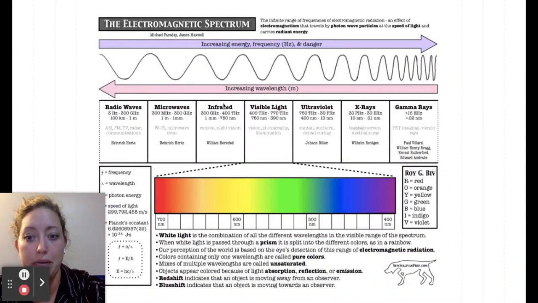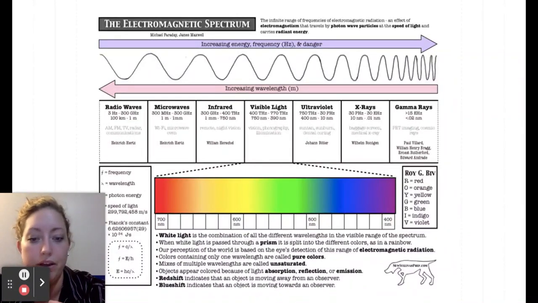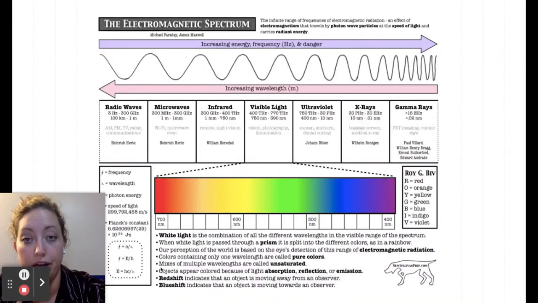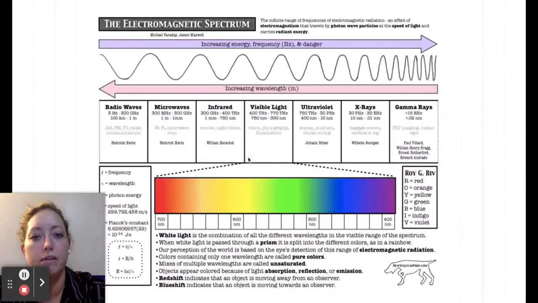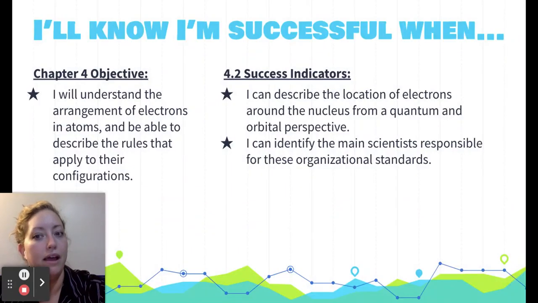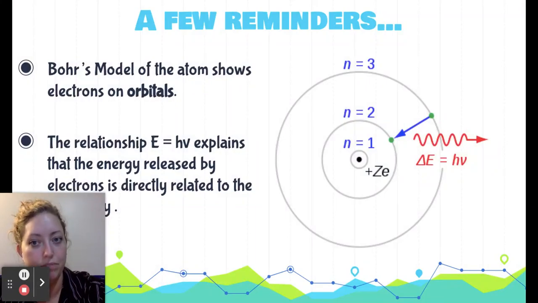This is your electromagnetic spectrum. There's a video under the resources and extensions tab. I think you guys are fairly familiar with this, but there's actually a pretty good resource on this if you wanted to screenshot it and keep it in a folder. That would probably be a good idea. You do have all of these variables listed down here. It gives you some of these relationships, so that would be useful. Different things that different types of waves can be used for, who discovered them, that kind of thing. Okay, so now we're going to get into Bohr model